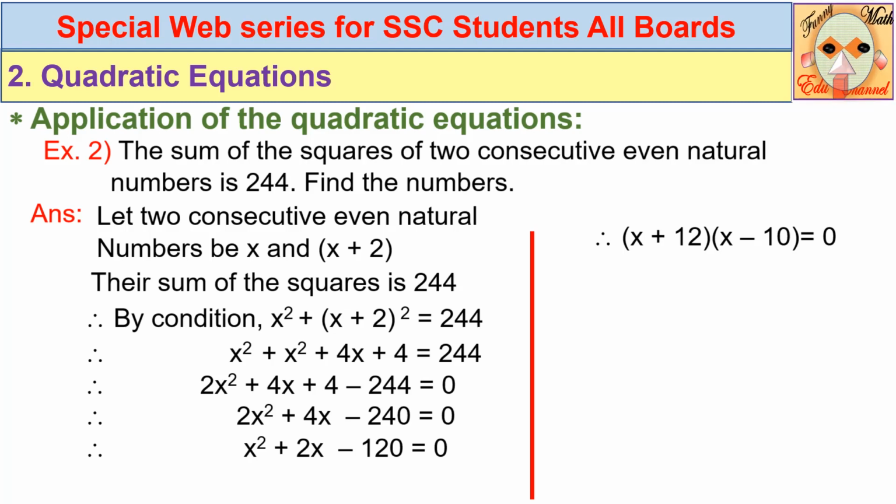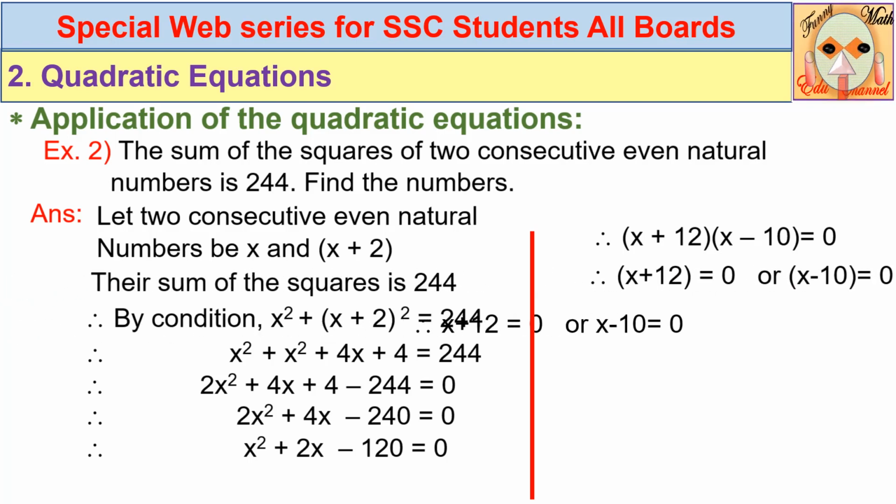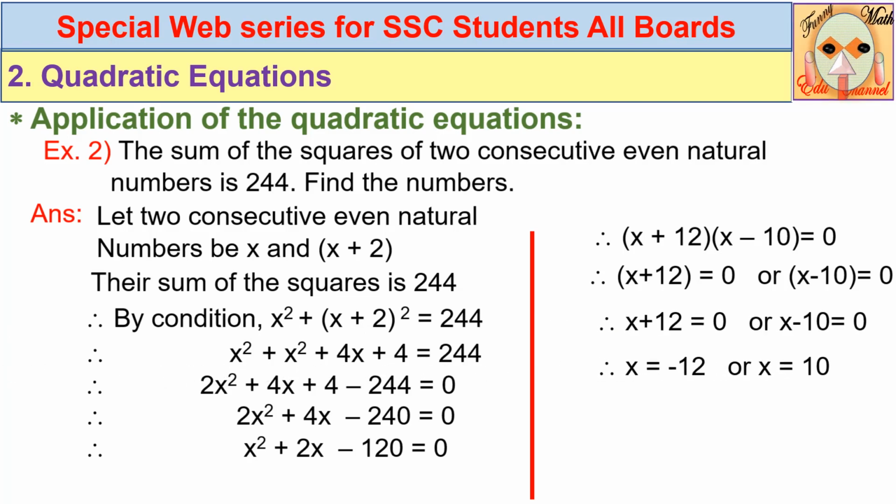Now the product of these two brackets is equal to 0, so any one must be 0. So your next step, x plus 12 equal to 0 or x minus 10 equal to 0. Gives you x is equal to minus 12 or x is equal to plus 10. Now you are here. See here, x is what? X is